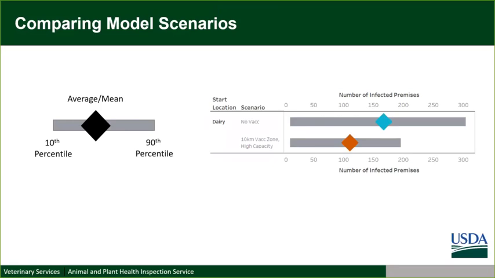And so where you see the diamond in the middle of the bar, that lets you know that within that scenario you have an even split between large and smaller outbreaks occurring, versus if this diamond goes more to the right, you have more larger outbreaks, so it's more likely to have larger outbreaks, versus if it goes to the left, and that's when you have smaller outbreaks. So, you hear a lot in the news right now about flattening the curve for COVID-19, and here we're trying to essentially shift the curve to the left, meaning you have a shorter duration or a smaller number of infected premises during an outbreak. So we're wanting smaller outbreaks, so we're trying to shift the curve to the left.